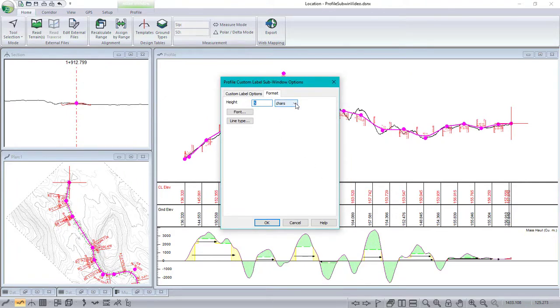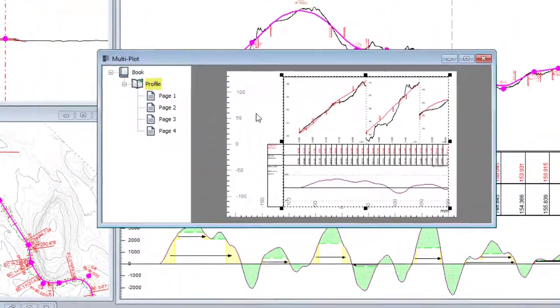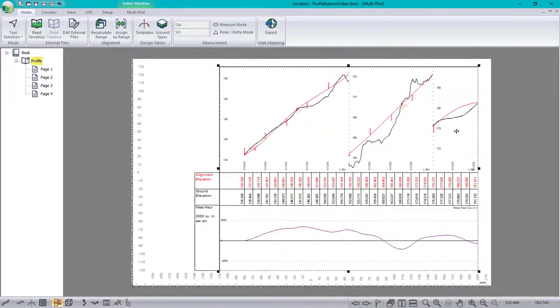Characters was the only option in previous versions of RoadEng. Now we've added fixed length in millimeters or inches. Now that doesn't make too much difference when you're working in the main profile window, but it comes in very handy in the Multiplot. So here you see I've set up the profile window to have a fixed